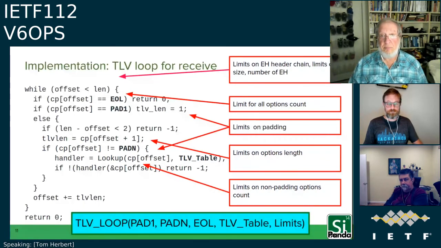So if you look at this from a very high level, what we really can do is consider this a parameterized function. So the parameters to this TLV loop are pad1 value, the pad-n value, EOL type values. The TLV table is that lookup table that matches type to a handler. And then the various limits could also be parameterized. And if we put all these together, then we start to see how this could be extrapolated into a high performance,